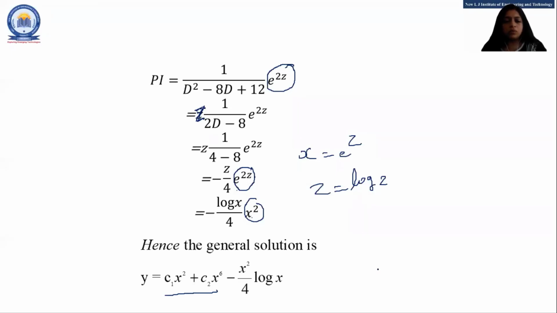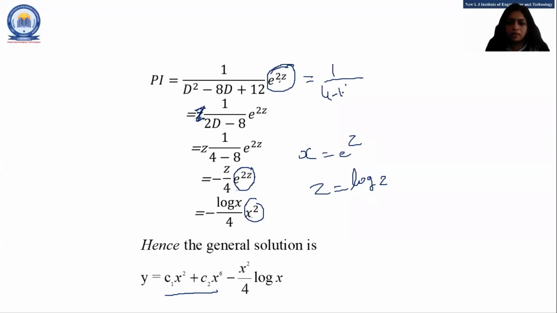One student has a doubt: why does z come in the numerator? See, as per the rule, when we find the PI and apply case 1, our right hand side is an exponential term, and if we substitute the multiple of z in the denominator and our denominator is 0, what will happen here? If I substitute 2 in this denominator, then what happens?